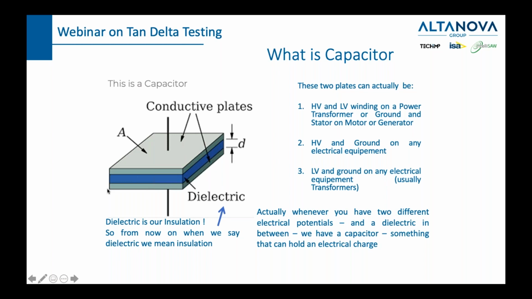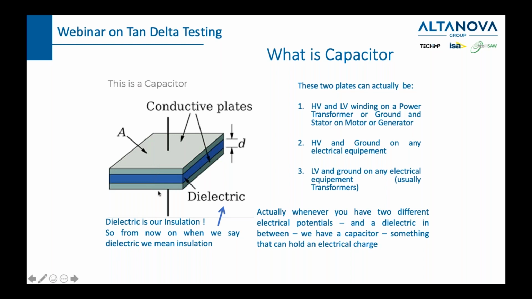Let's say that this is press board, and then we have another plate. They're defined with the area, the distance between them, and the permeability of the dielectric. So what could this be in our world? This can be, let's say, a high voltage and a low voltage winding in a power transformer, or it can